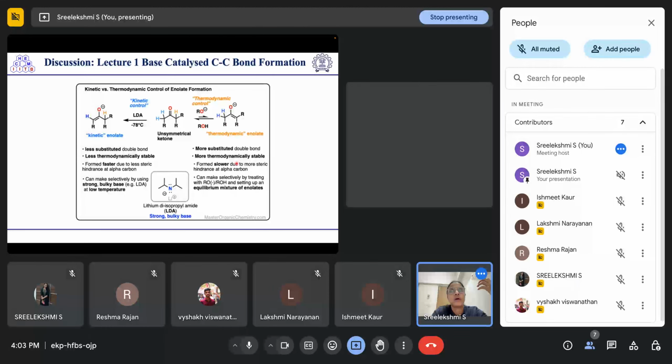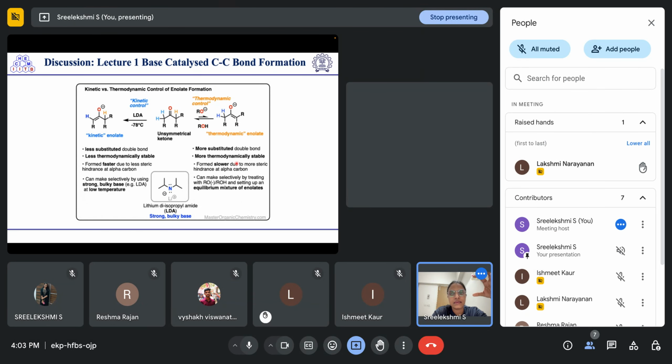In the aldol reaction, there is a possibility of four stereoisomers, which depends on the transition state. A six-membered transition state will be